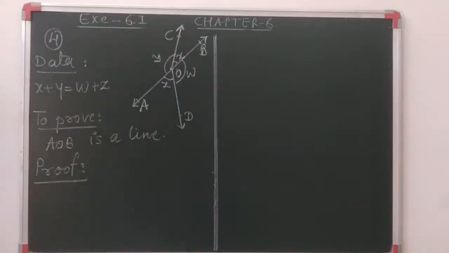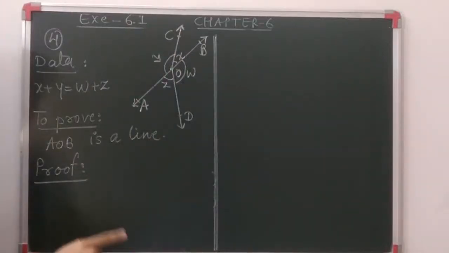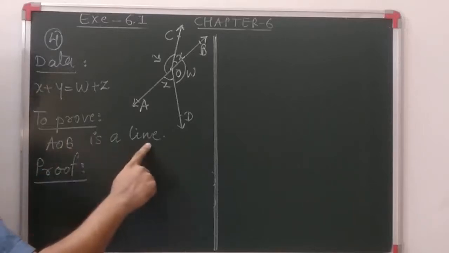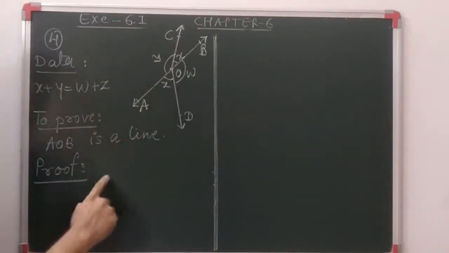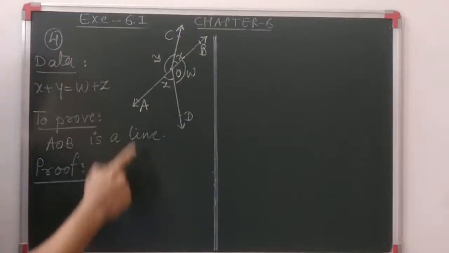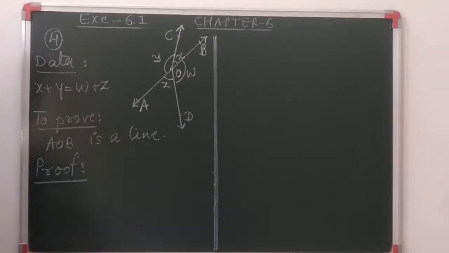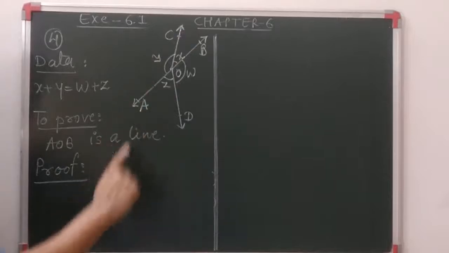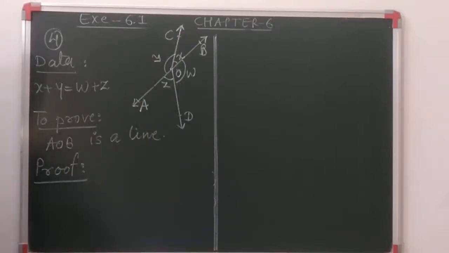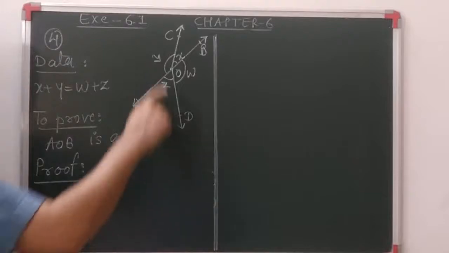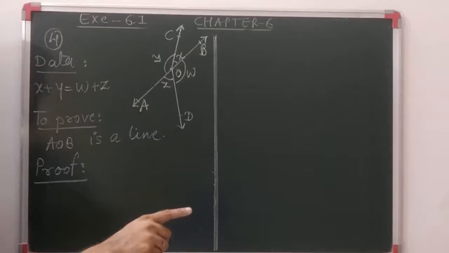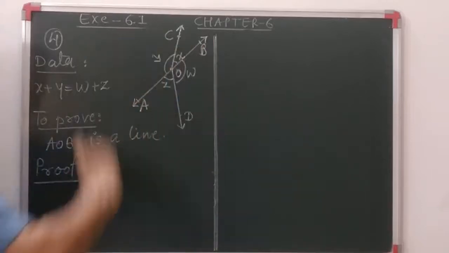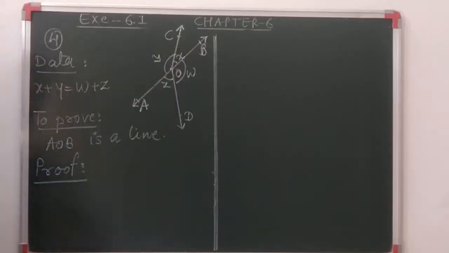Okay. Now remember the previous sums which we have done. When AOB is a line, we can say that X plus Y is 180. They are forming a linear pair. As we can see from the diagram, but we cannot write directly from the diagram that AOB is a line. So it is wrong. हम डायग्राम से डायरेक्ट नहीं लिख सकते, हमें प्रूफ करना है. तो हम क्या प्रूफ करेंगे कि x प्लस वाई इज इक्वल्स टू 180, मतलब वो लीनियर पैर है, इसीलिए AOB लाइन बनेगा. So let's see how we can prove this.